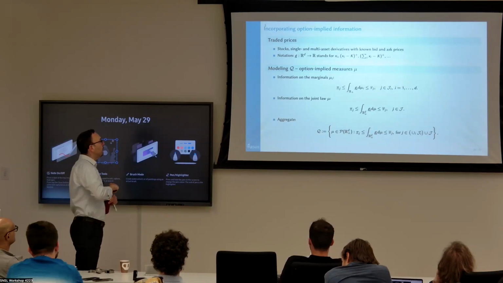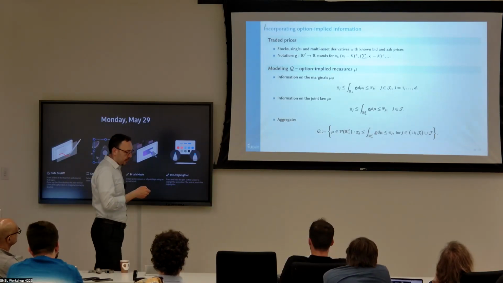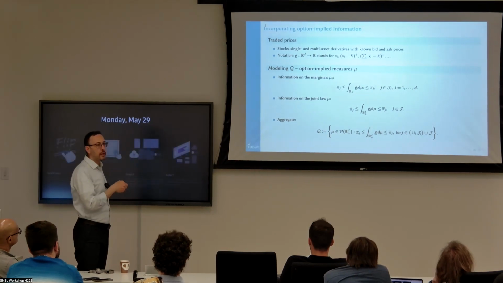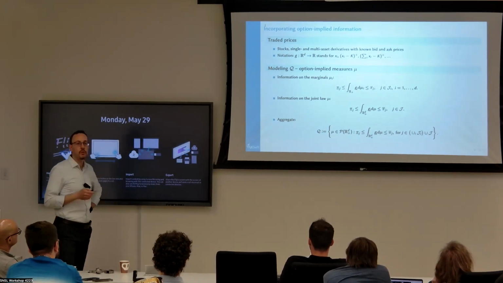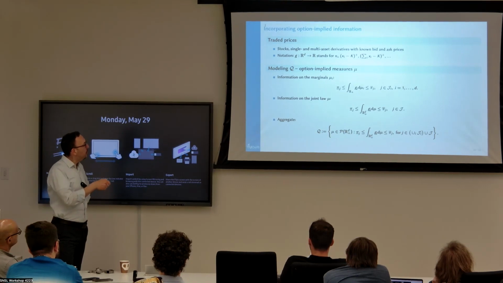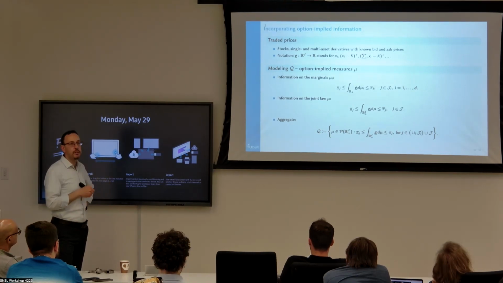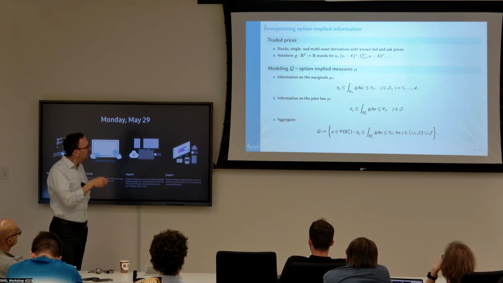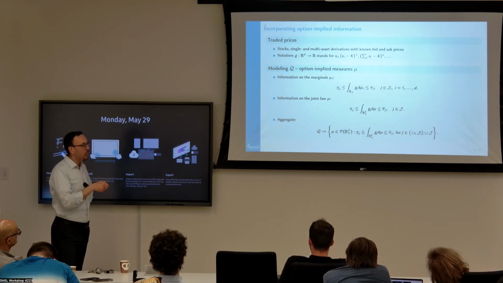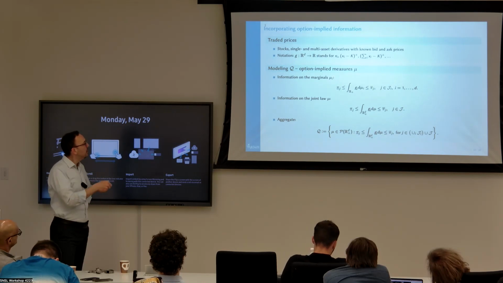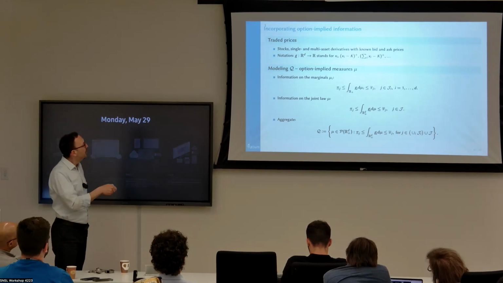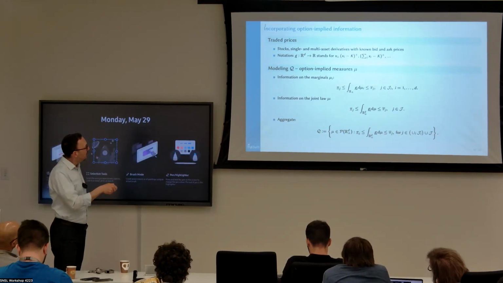Okay, and now I want to describe with this calligraphic Q a set of probability measures that is going to be implied by whatever the prices of whatever is traded in this market. Okay, so I'm going to put in this set marginal distributions mu_i that are giving correct prices for derivatives with payoff g_i. So if I observe prices, like a bid and an ask price for a payoff g_i,